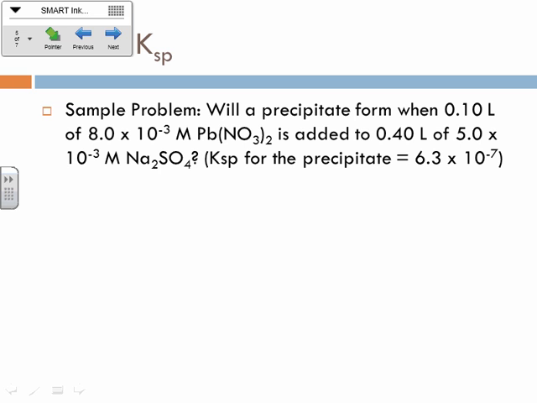It's definitely not going to be NaNO3, right? Na is a loser and NO3 is a loser, so it's not going to be that. So it's got to be PbSO4. So when those two things combine,